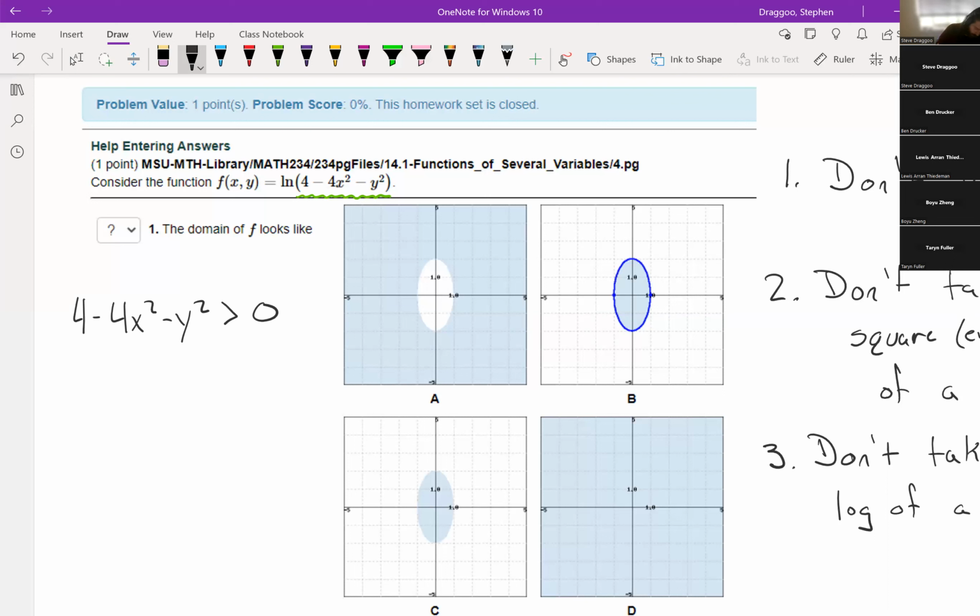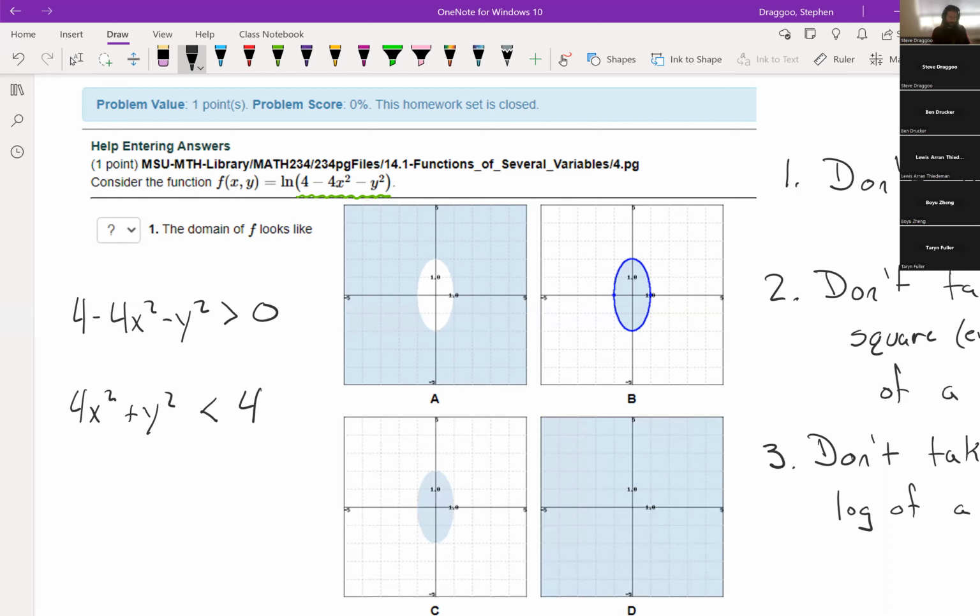Solve that thing around, and we end up with 4x squared plus y squared is less than 4, excuse me. Let's try again. We'll just move those two negative terms over to the other side, and I've swapped the sides they were on, meaning the inequality sign needed to change its direction. But I end up with 4x squared plus y squared is less than 4,